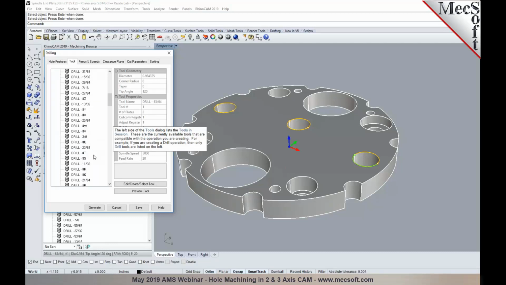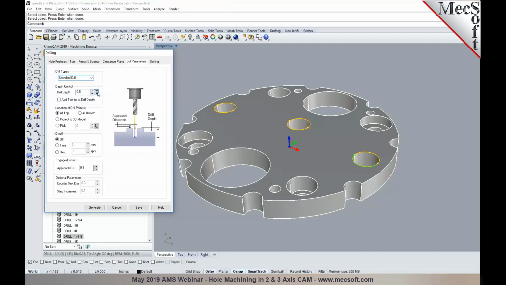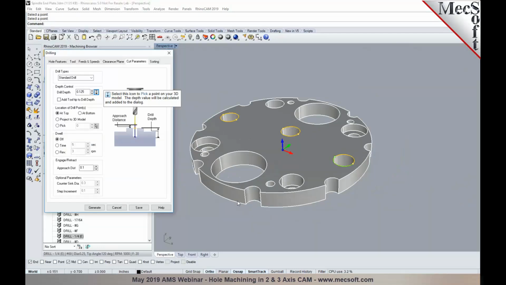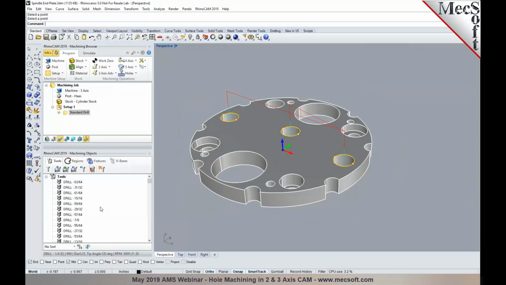In the next step, you make a selection for the tool. I'll pick a 1/4 inch drill bit in here, set feeds and speeds, clearance, and we can also pick the depth off of a 3D model as well. And then generate, create your toolpath. So we've selected face edges in here